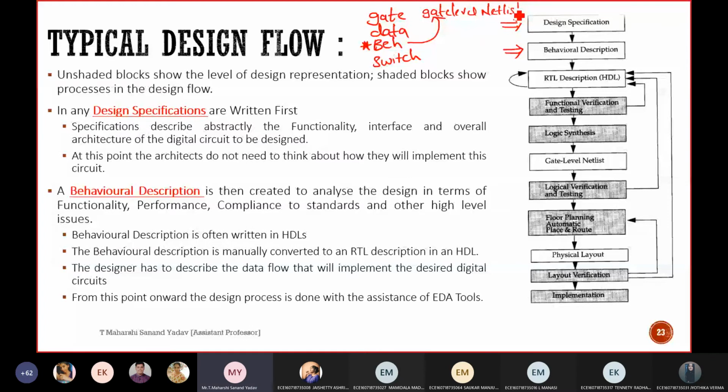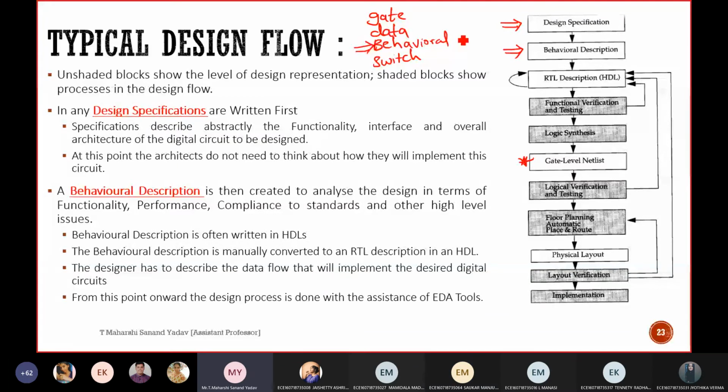What is the difference between behavioral level and gate level style? Can't you write the code directly in gate level? What is the need of conversion? However, at the end, I want a gate level netlist. See, this is the end thing which I want. For that, I am writing the code in behavioral style. Why not directly in gate level style? What will be the disadvantage? The size, the length, will increase.